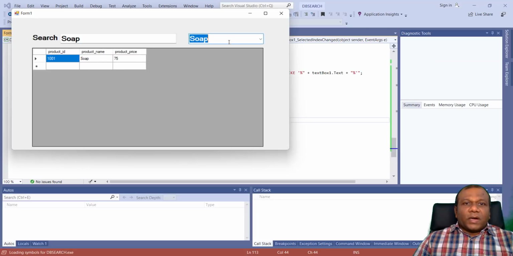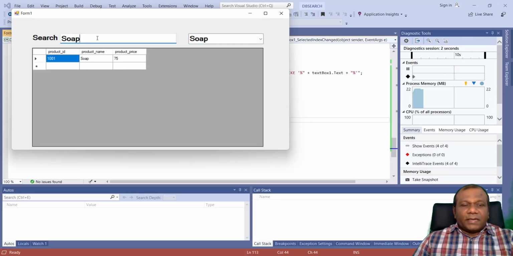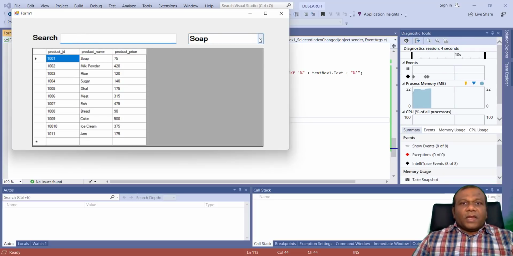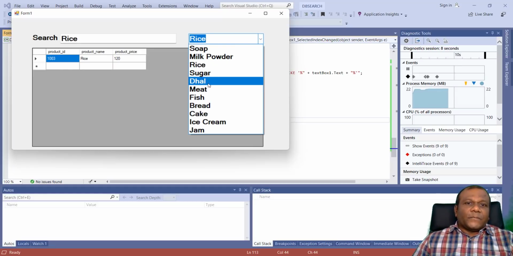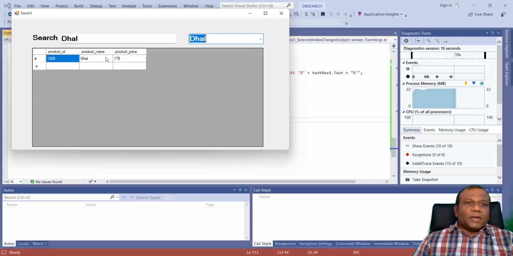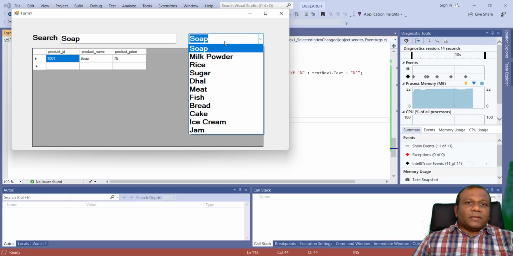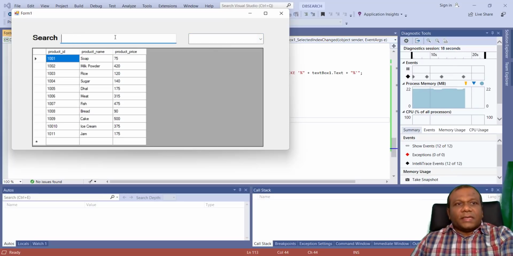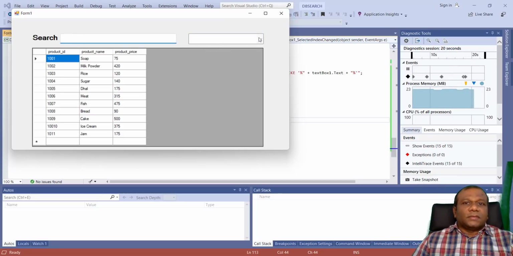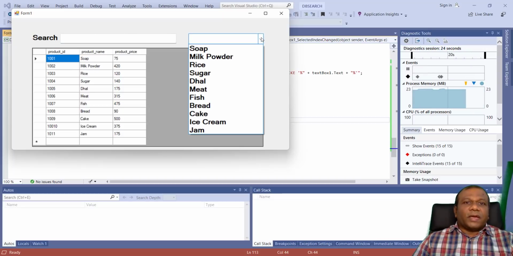So here now, what happened when you select here, I'll delete this one. When you select here also, it will get searched. Yeah, done. So here also when you select, it also searches. If it is nothing, it will become empty. I'll delete this one also. So here we can search by typing, and from the combo box also we can try.